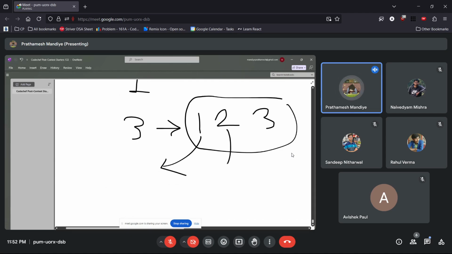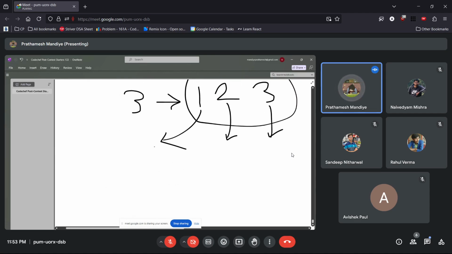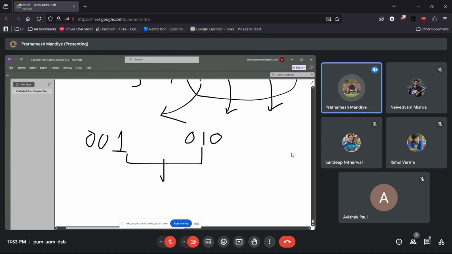We can write the bit representation of this. What will you get from this? One, let it be one something like this. Then you have 0, 1, 0. If you take the bitwise OR,